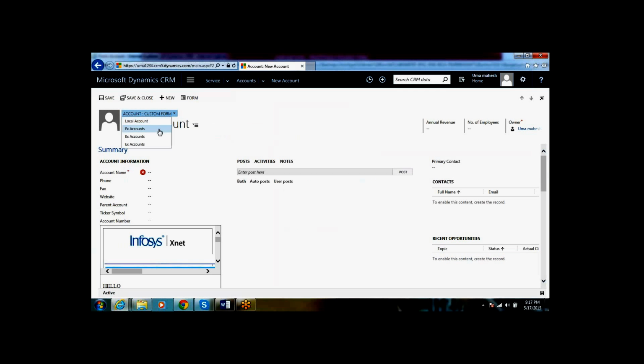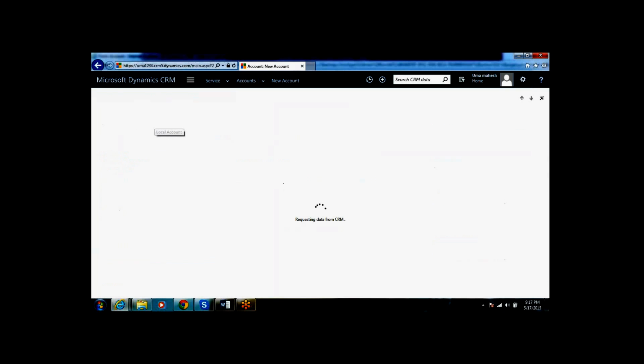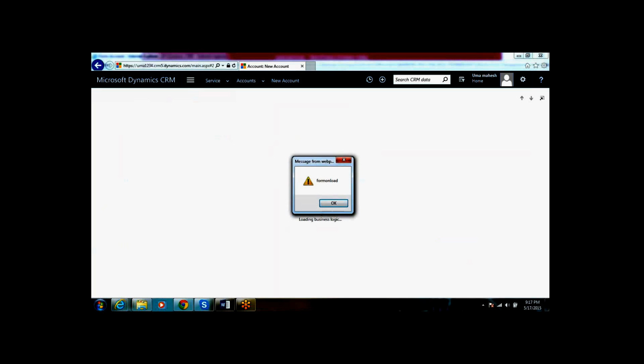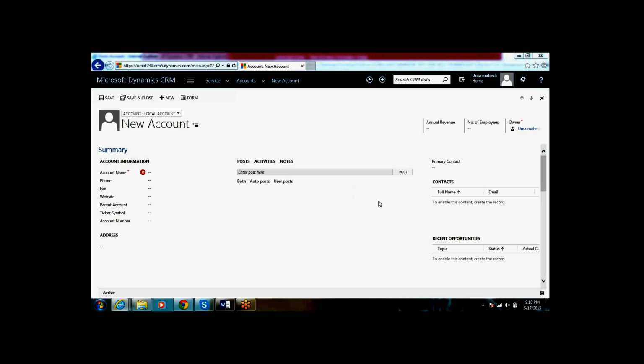If I change it to the local form, we can see an alert. So the JavaScript method we gave is executed, and we got this alert message. That is the use of the form onload event.